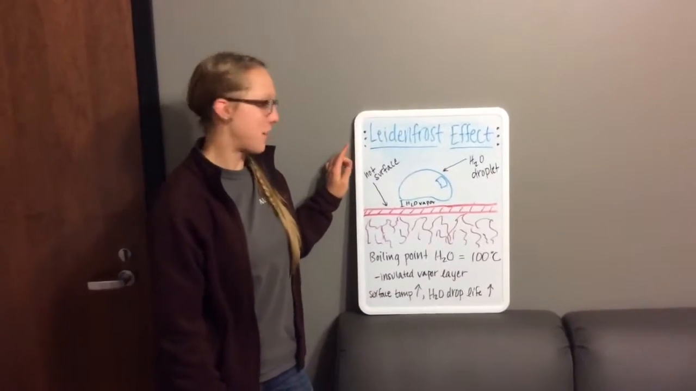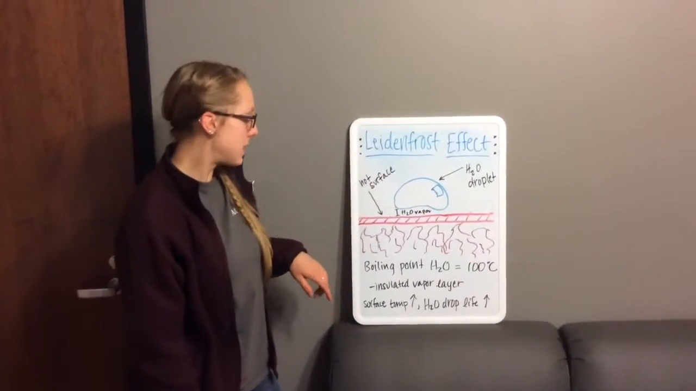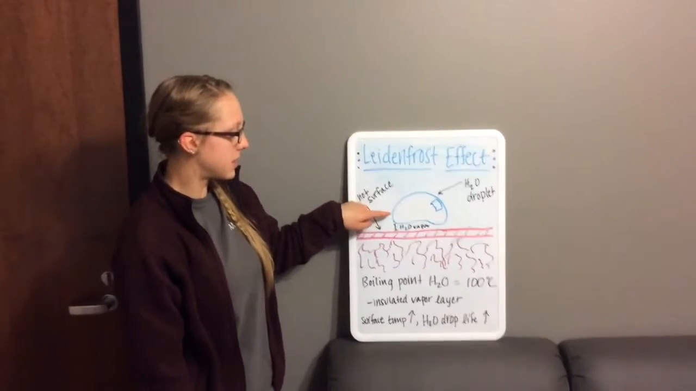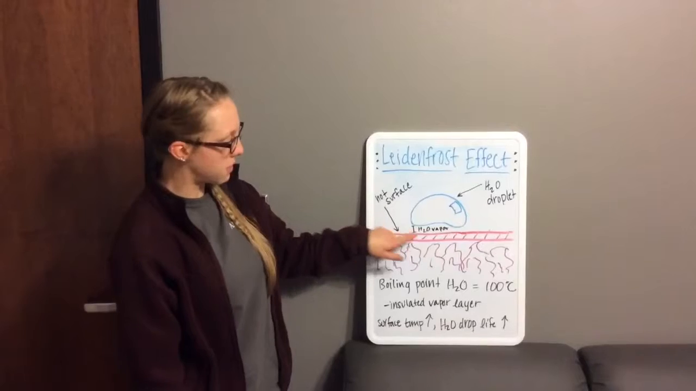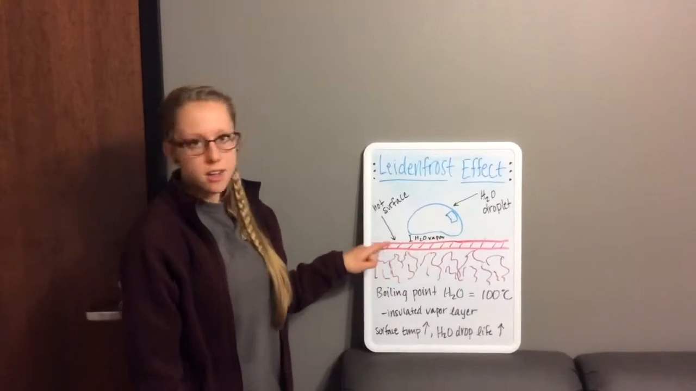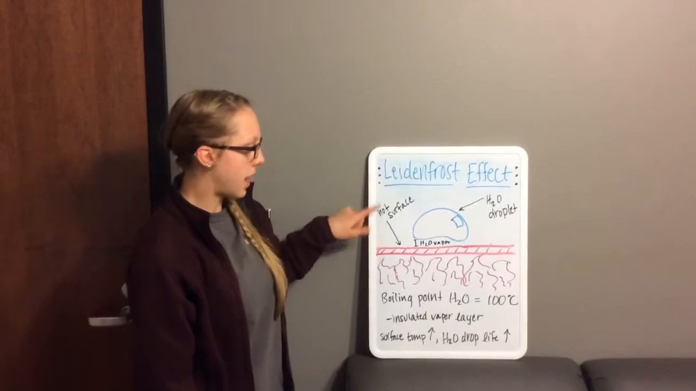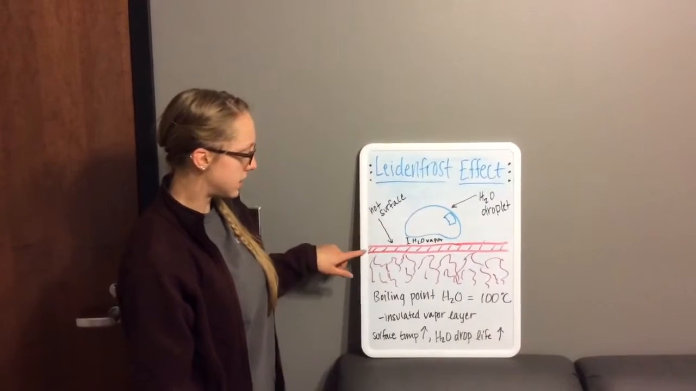Hi, we're doing our project on the Leidenfrost effect. Basically, when a liquid comes in contact with a surface that is a lot higher in temperature than its boiling point, it's going to form an insulated layer of vapor right here. As you can see in our diagram, we have this water droplet, and then this is a hot surface